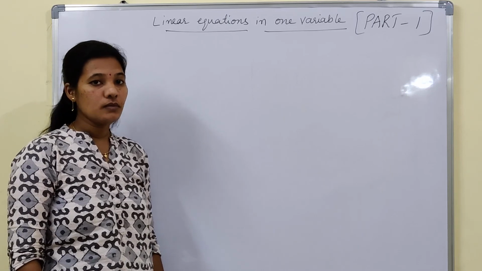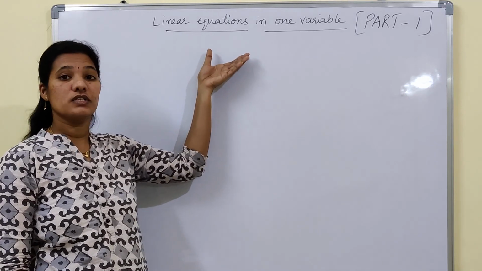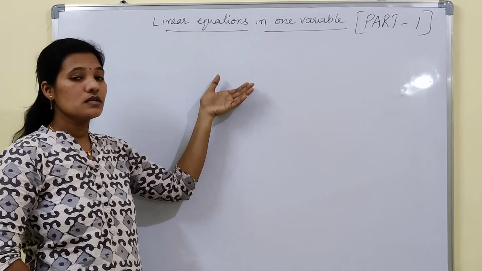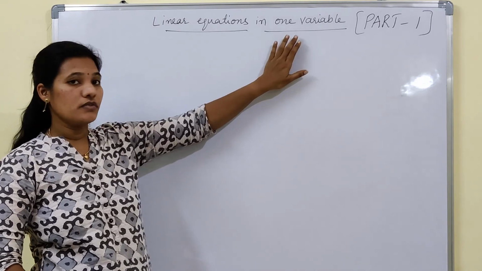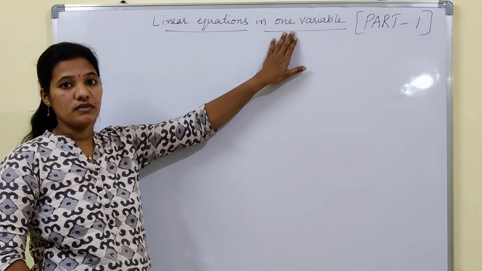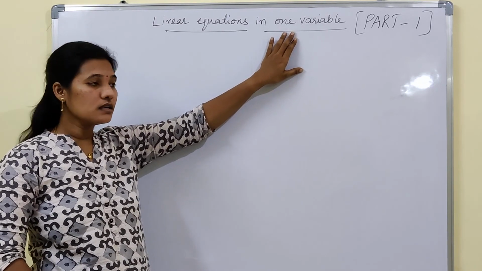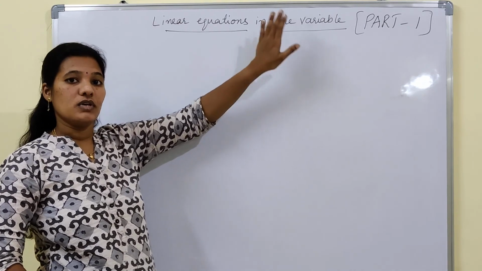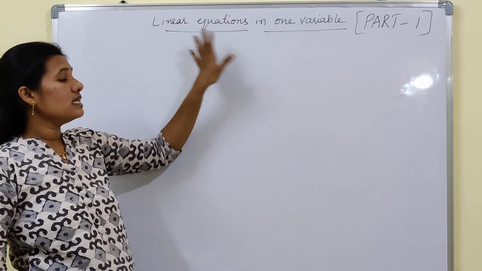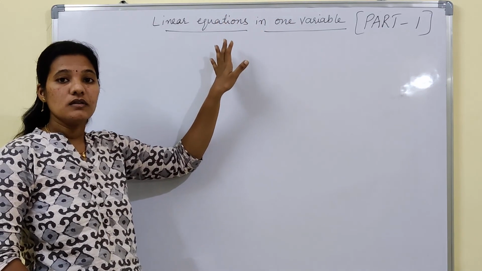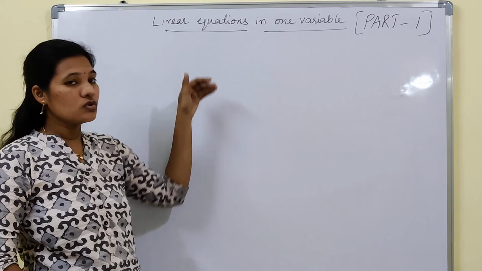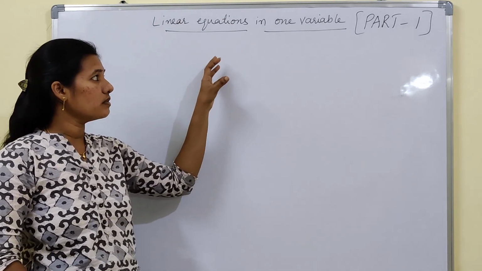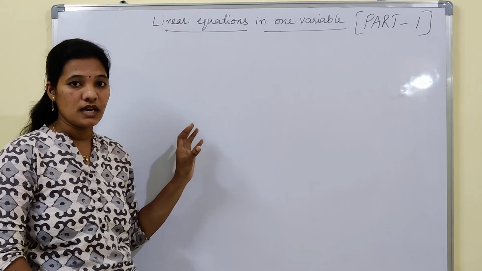Hello students, today I am going to discuss the chapter linear equations with one variable. Before going to discuss this chapter, I want to explain what a variable is first. In earlier classes we have already learned it, but still before going into the chapter, once again I want to discuss the variable, what one variable is, and then what an equation is. After completing those concepts, I will go to the actual concepts you have in the chapter, and we'll discuss that.